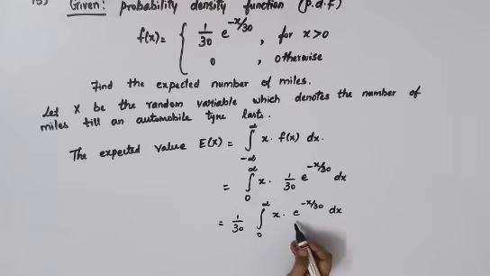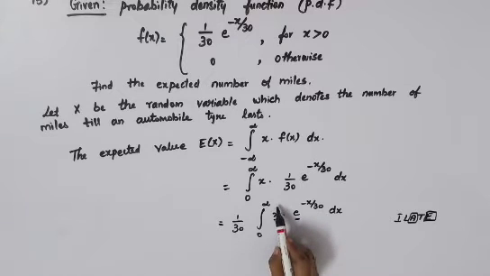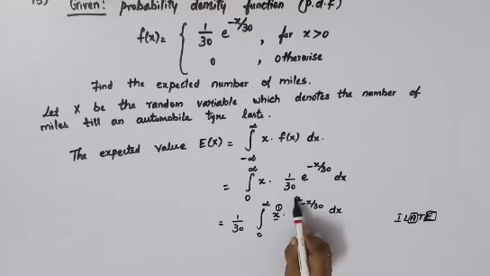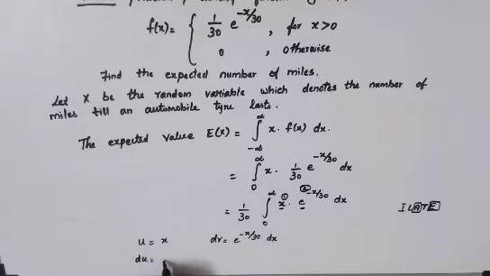Since there is a product of two functions, you'll have to go to the uv formula, integration by parts. First isolate which function should come first as u. The order is algebraic term, then exponential term. Here x is the algebraic term and then the exponential term. So your u is equal to x, and dv is equal to e power minus x by 30 into dx. The differential du is equal to dx. On this side you'll have to integrate to get your v.